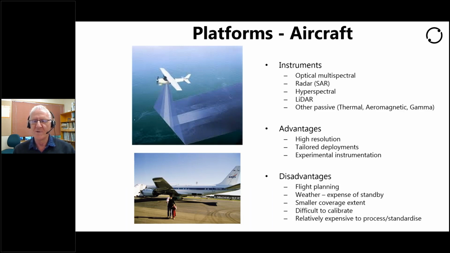Aircraft, of course, have been used since the dawn of remote sensing. Aerial surveying is one of the early aspects of remote sensing, and so aerial platforms can be anything from a small fixed-wing aircraft up to huge aircraft such as the DC-8 shown here, when it was flown from Christchurch back in 2000. Aircraft can carry the whole range of instrumentation, so everything optical, LiDAR, radar, hyperspectral, etc., and some more